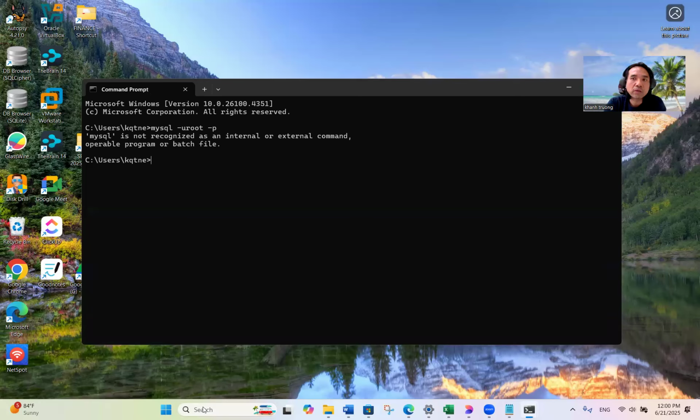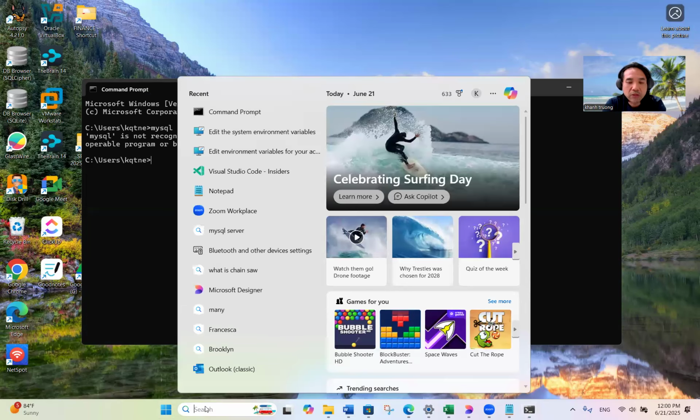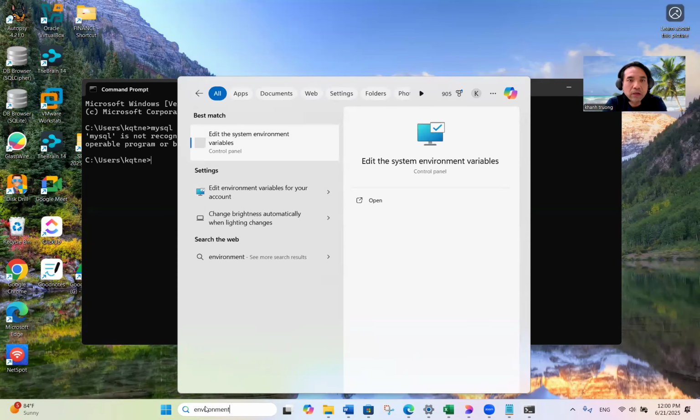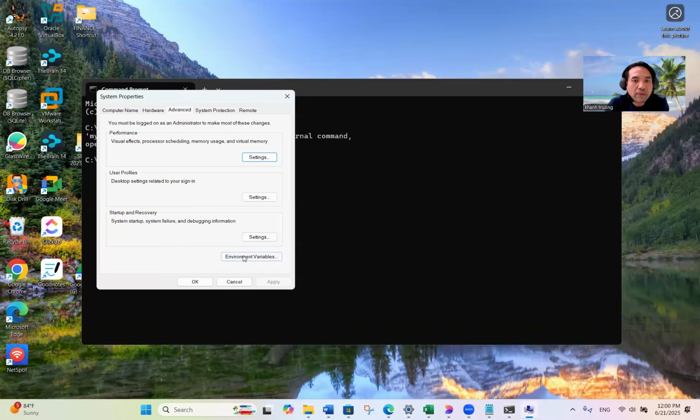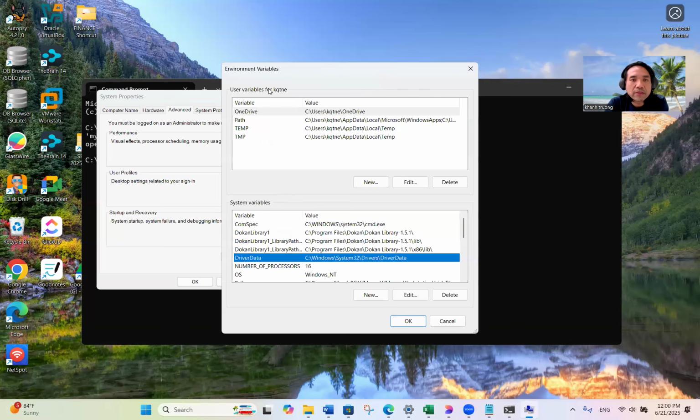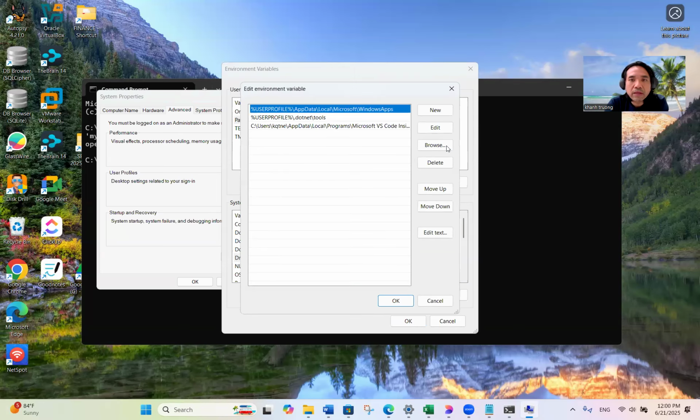Okay, so to fix this, there's one more thing you need to do. You have to update the environment variables. To do that, you have to go to environment, edit the system environment variables. You see the environment variables, click on that. You see the path. Click on here, double click on this, and then